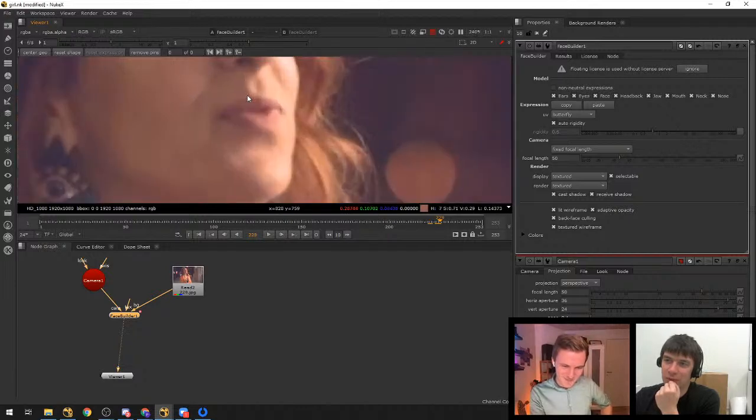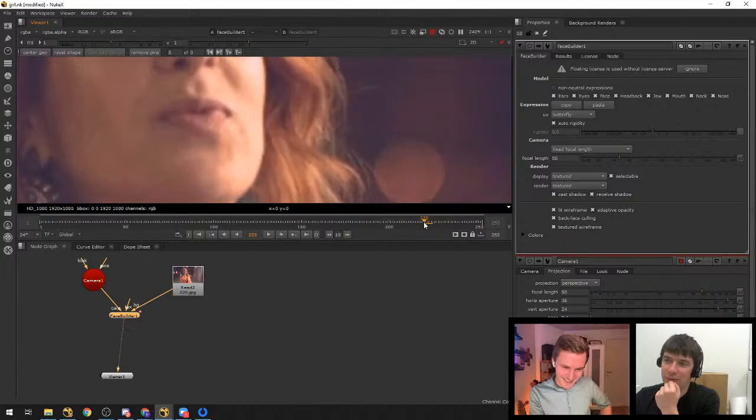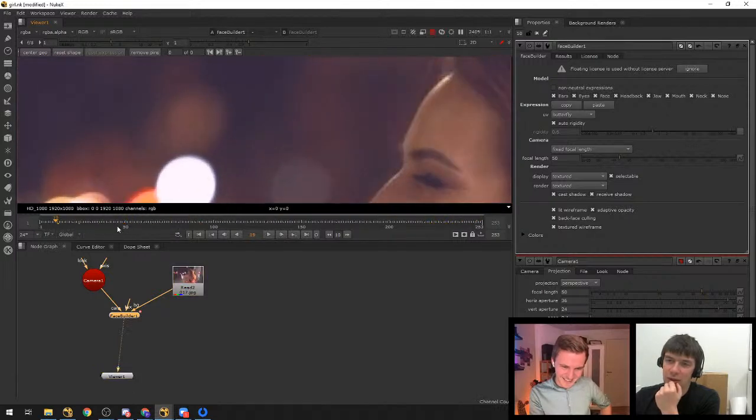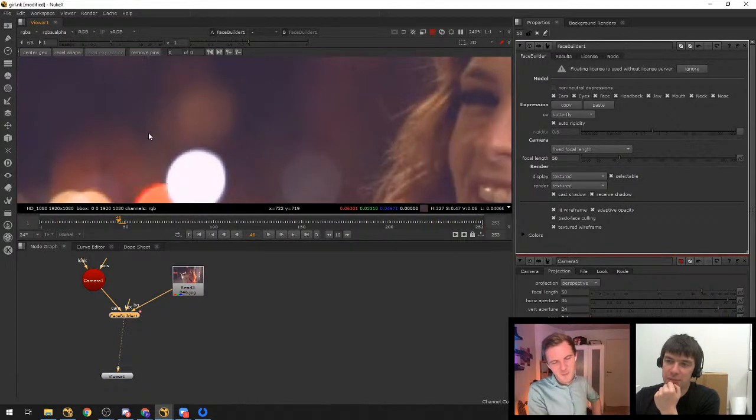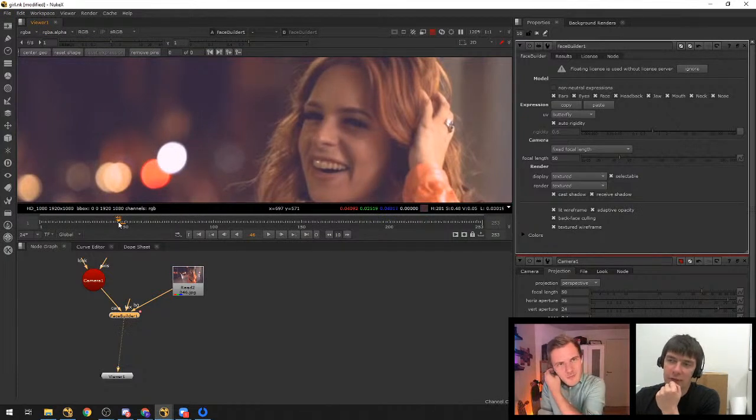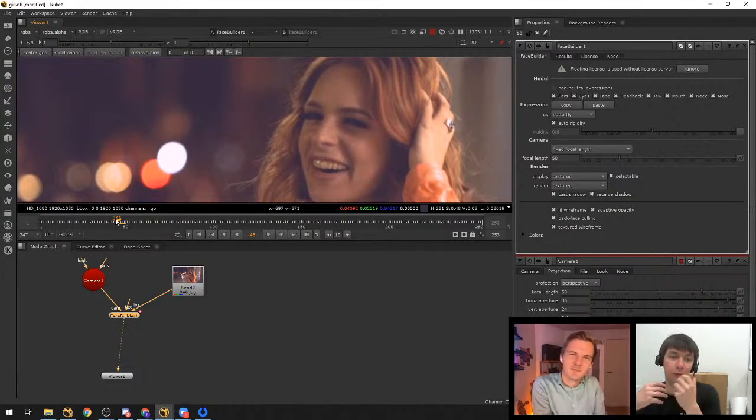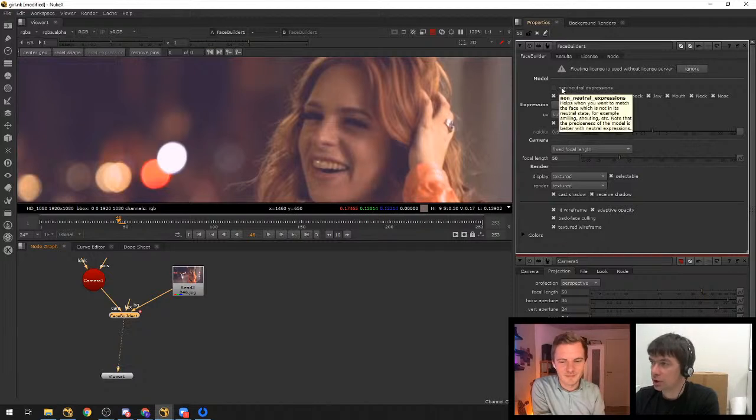Look at her face, at her mouth. So prior to the last FaceBuilder release, you had to use your imagination to understand how her face should look in neutral expression. But here in FaceBuilder now we can actually click non-neutral expressions, and